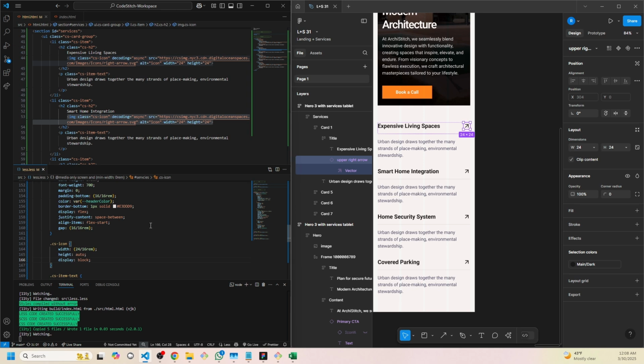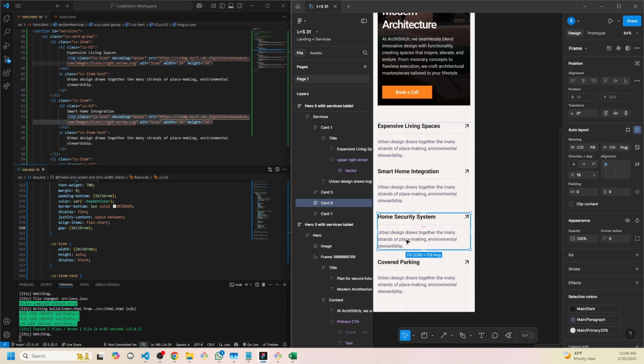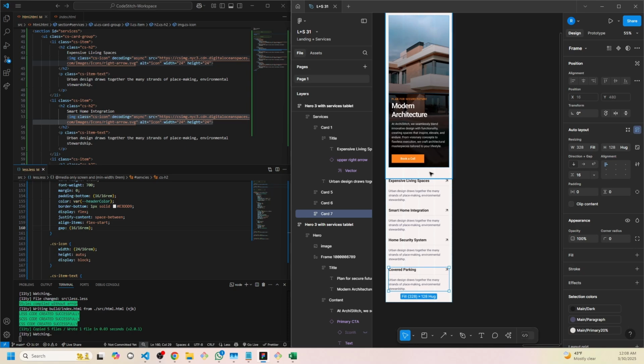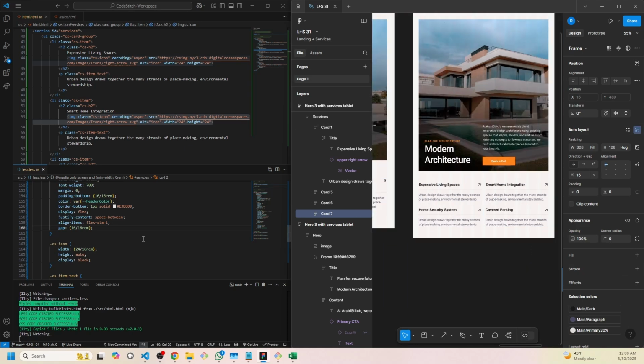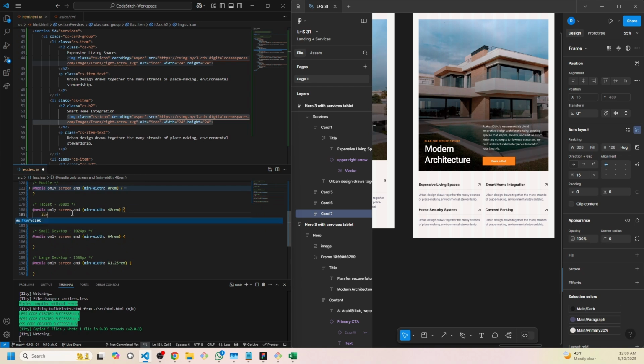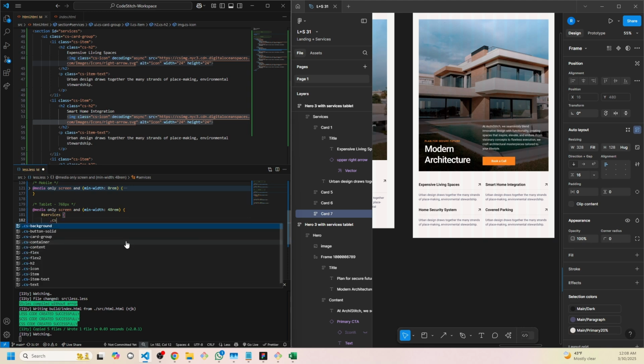So if you want to manipulate those in any way, just put display block on them by default and then work with them. So we got the icon, we got the border, we got the gap, we got the text, and we got the margins. Everything's set. So I think we're good here. So let's go to tablet. And now we're going to set the CS item,